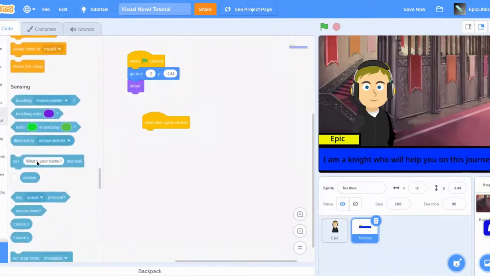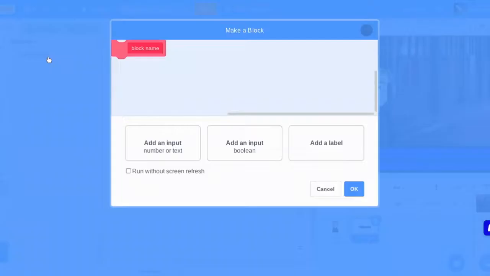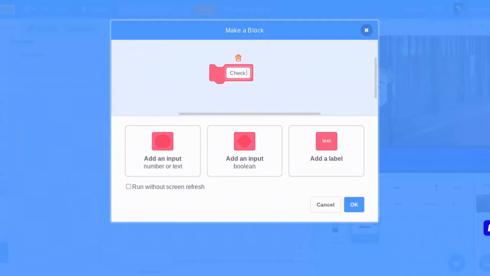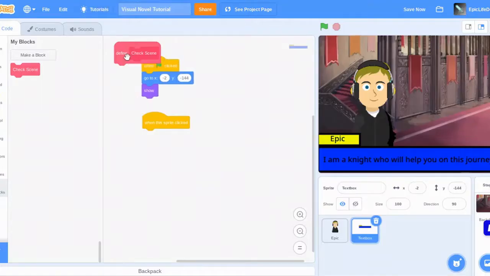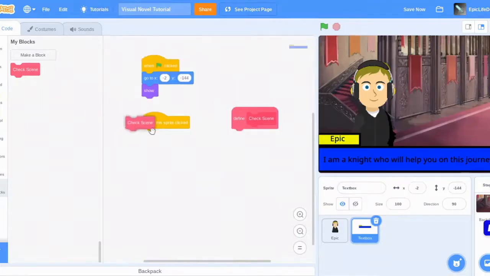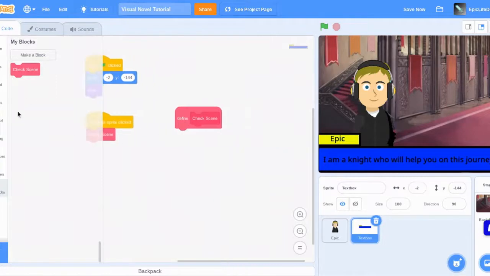When spray is clicked, we'll just make a new block. Check scene. And what this check scene block will do is